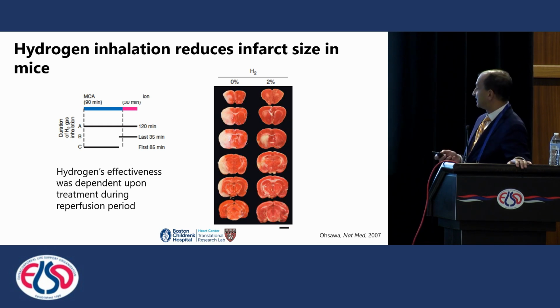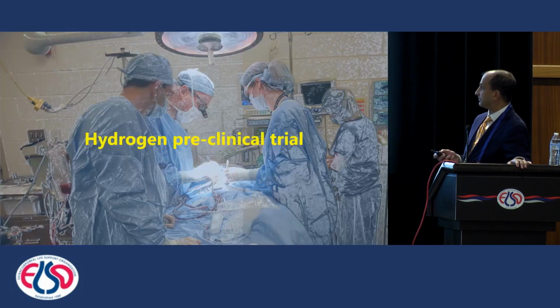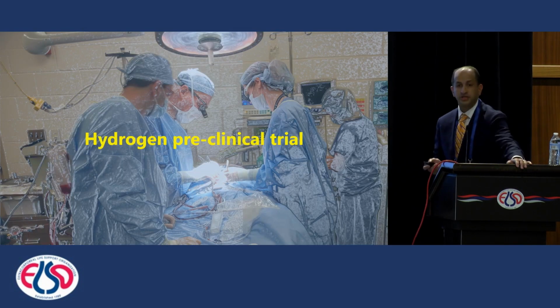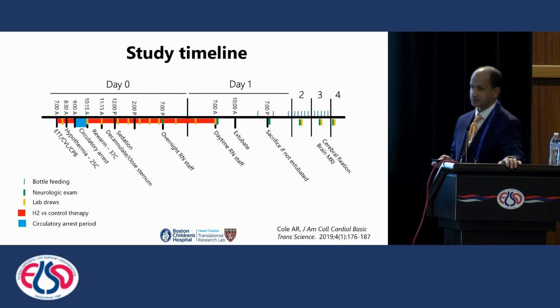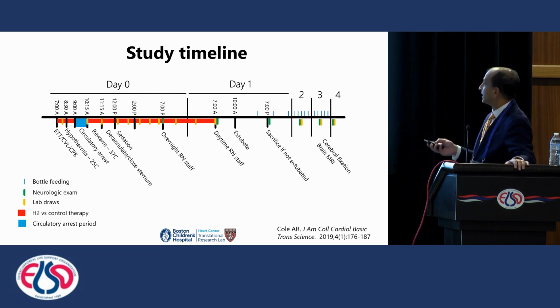So my interest was piqued, and I decided to try to investigate this. We began with a preclinical trial funded by the American Heart Association. We took neonatal swine and created a period of warm circulatory arrest on bypass at 25 degrees, creating 75 minutes of circulatory arrest. This was a significant injury to these pigs. Then we rewarmed them and tried to survive them out for 72 hours, where we got a terminal brain